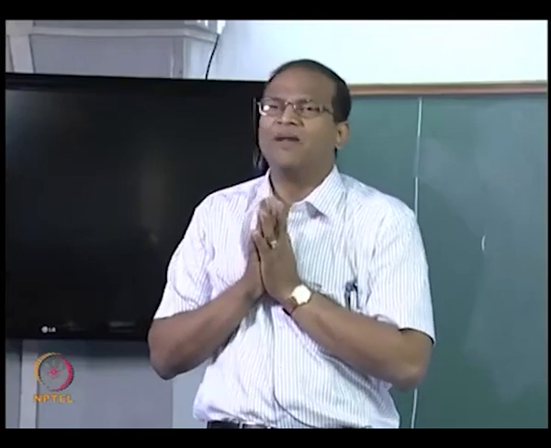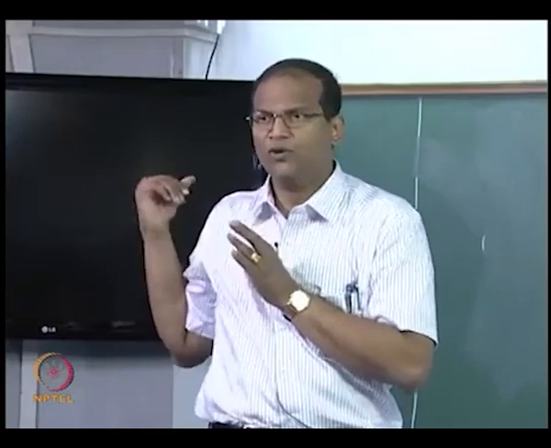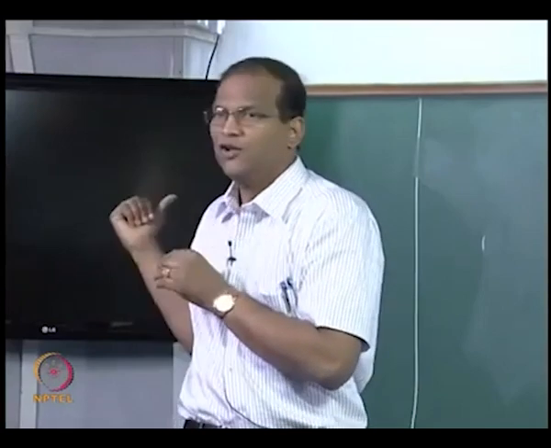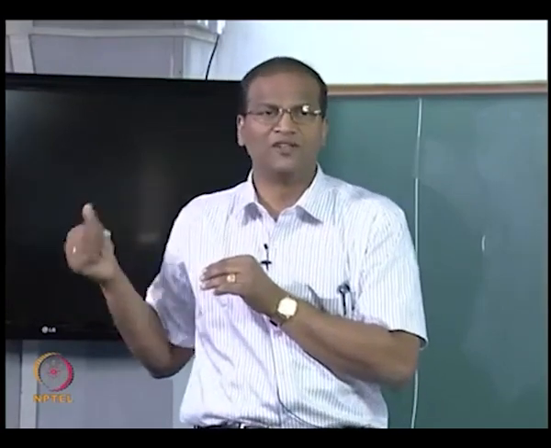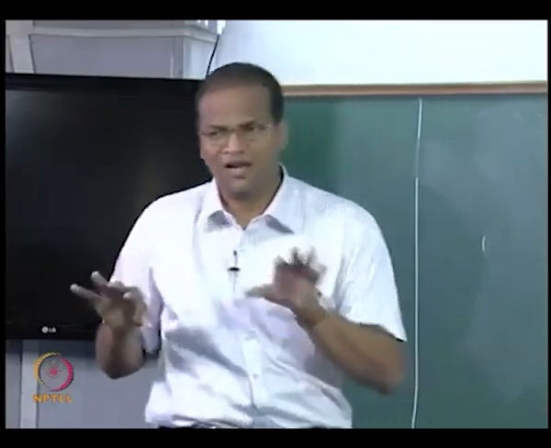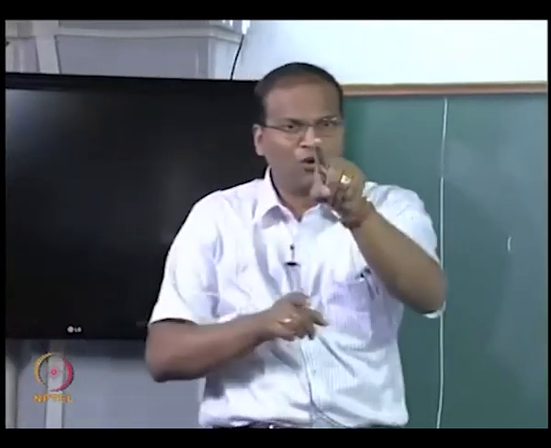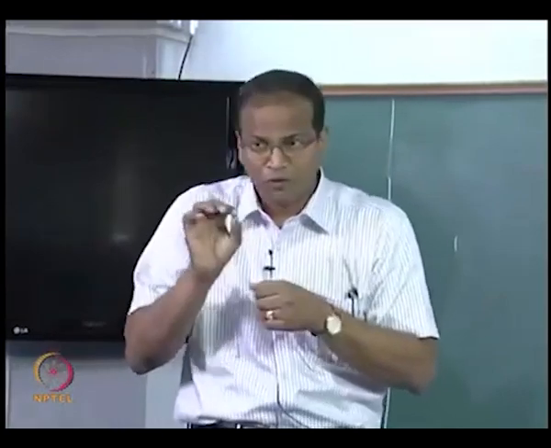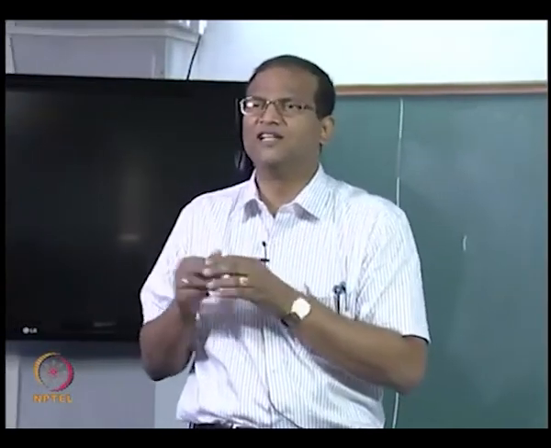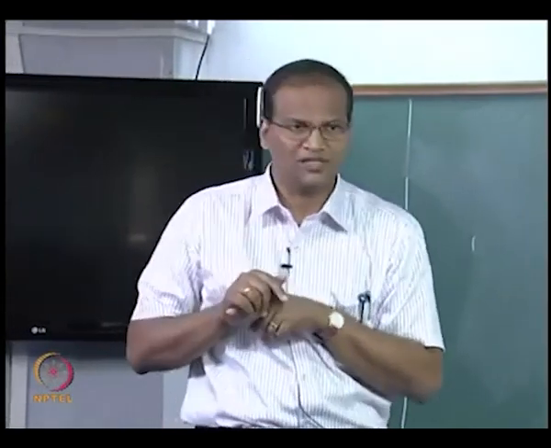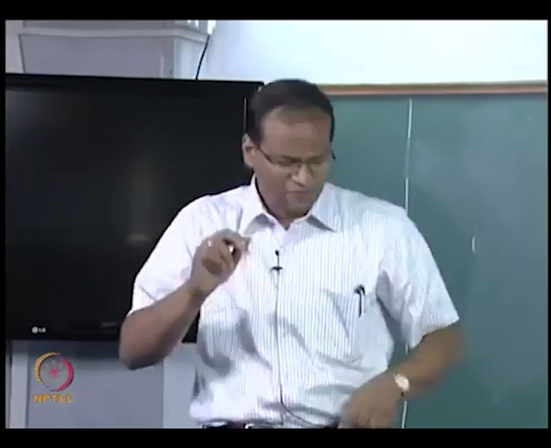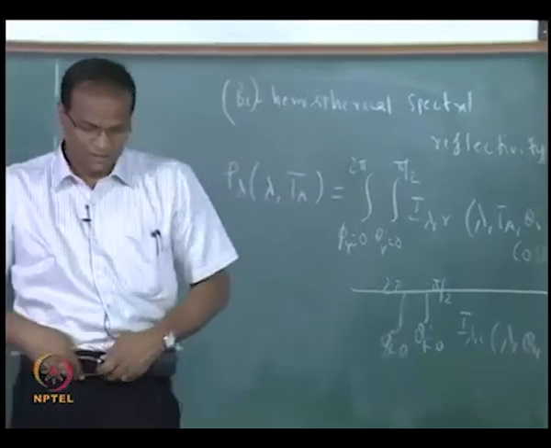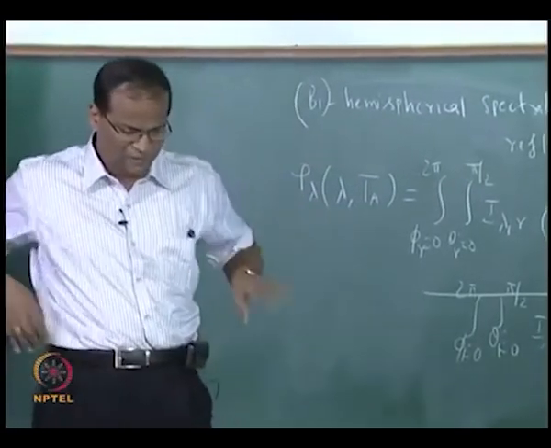So if alpha lambda information is not available to you, and if rho lambda double dash information, that is bidirectional reflectivity, is given to you, you can calculate rho lambda, and if it is opaque surface, 1 minus rho lambda can be taken to be alpha lambda. So from alpha you can go to rho, from rho you can go to alpha, and all those manipulations you can do. But however, the things get little complicated if I suddenly say that tau is not 0, it is not opaque, okay. From there is only one more reflectivity which is involved, which is basically the hemispherical